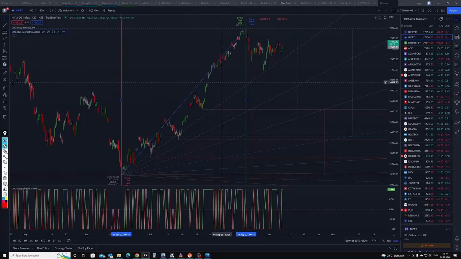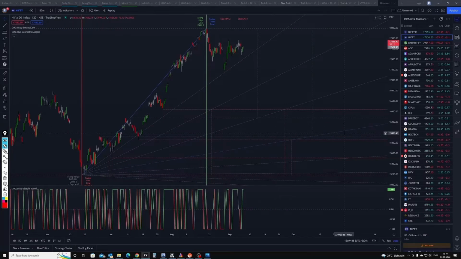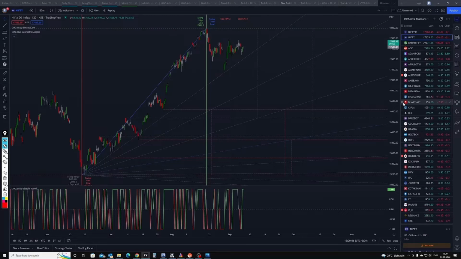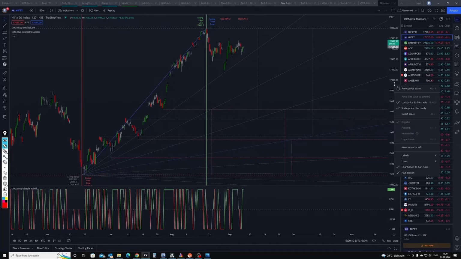I'll repeat once again. We'll go to this auto button first, press the auto button, select the price scale and log price to bar ratio. Okay, I have clicked on log price to bar ratio. I'll again right click on the bar and note down the value of price to bar ratio. The value here you can see is